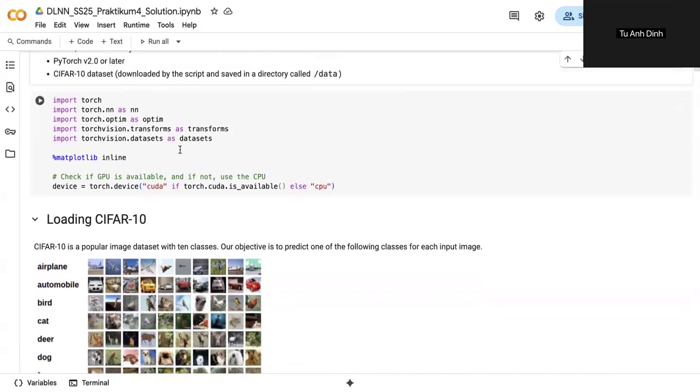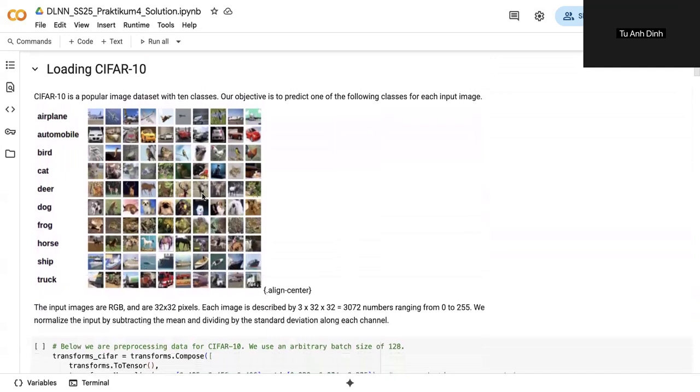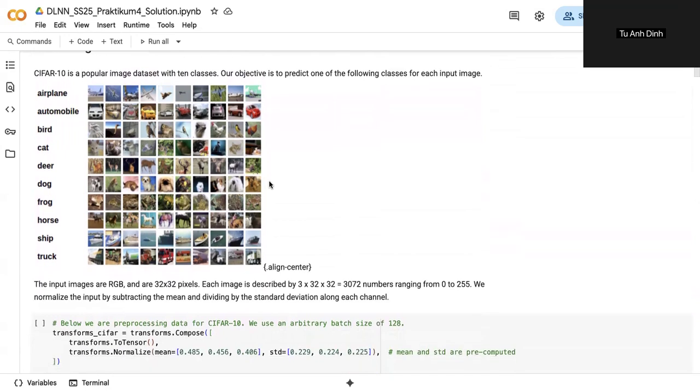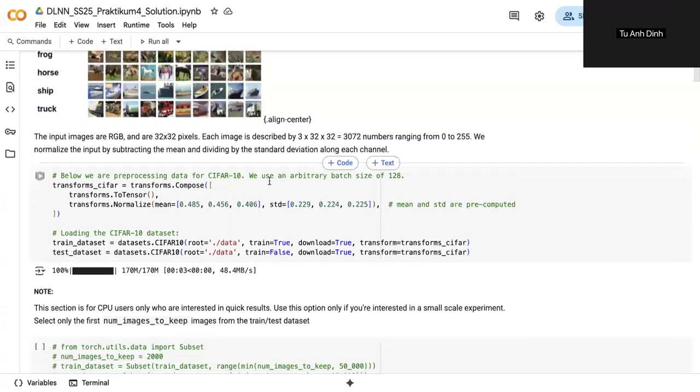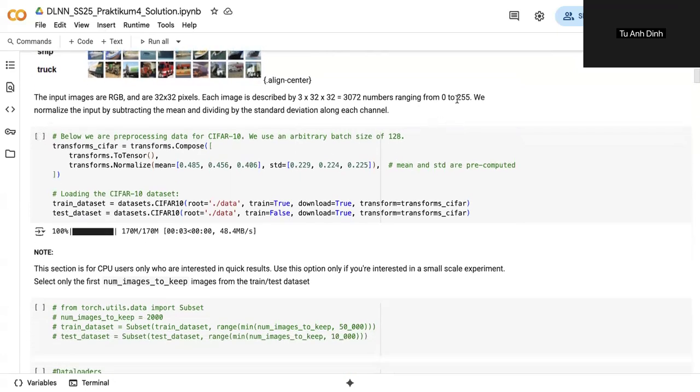So first we just, as usual, have the code to load all the torch packages. The task this time is again image classification, and the data set that we're going to use is CIFAR-10. So they have 10 classes, and again, the objective is to predict one class per image. And here's some information about the image. They are RGB, 32 by 32 pixels, ranging from 0 to